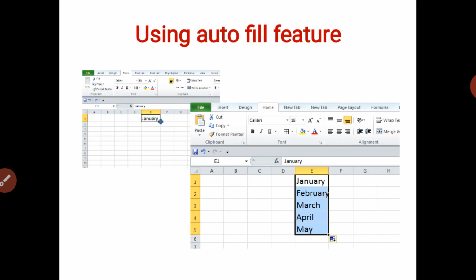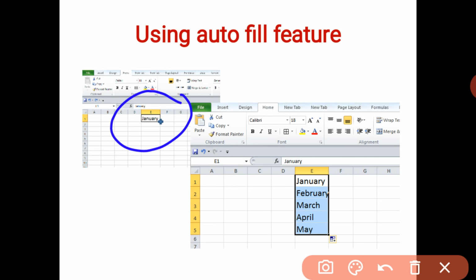Now the autofill feature. Autofill feature means what? Suppose I write here January in the first cell, okay? After that, when you enter this particular value, a small plus sign will appear on the bottom right corner of your cell. You need to drag and drop that plus button, okay?